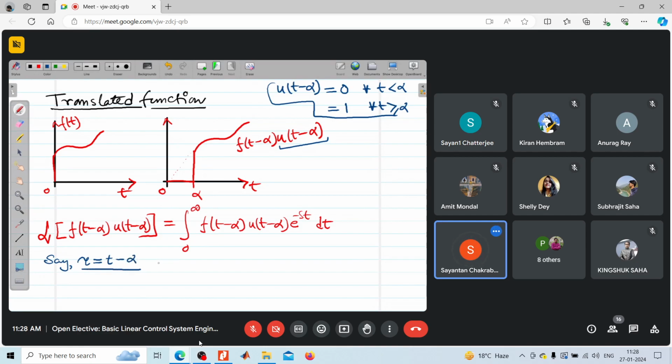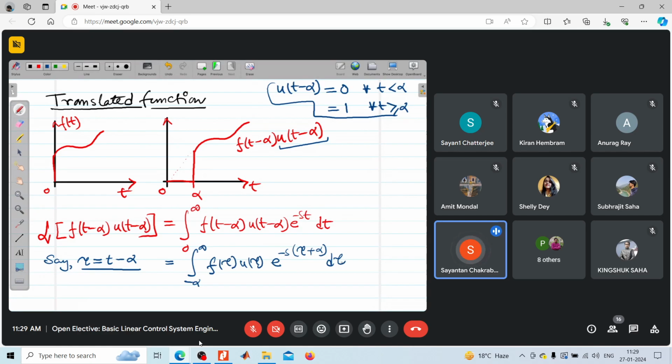So it will be equal to the integral from minus alpha to infinity. When t equals 0, tau is equal to minus alpha. It will be f of tau u of tau, and t is equal to tau plus alpha, e to the power minus s times tau plus alpha,